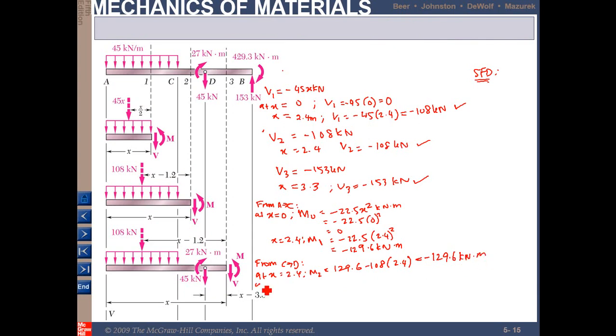And at x equal to 3.3, you get the moment equal to 129.6 minus 108 times 3.3, and you get this as minus 226.8 kilonewton meter. And then from D to B,